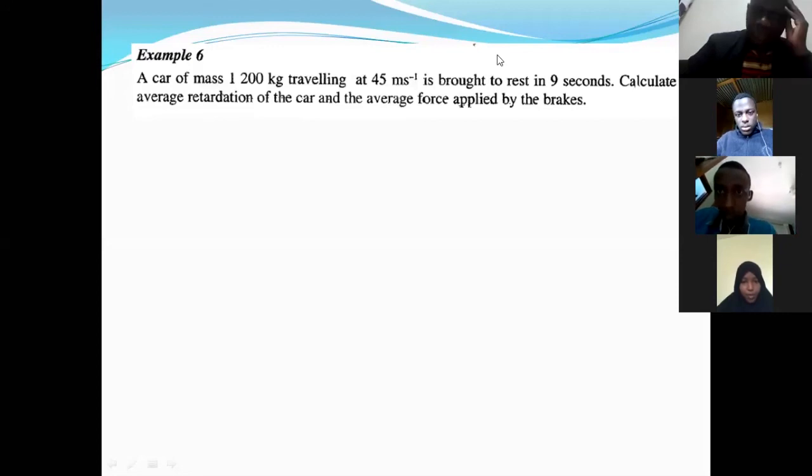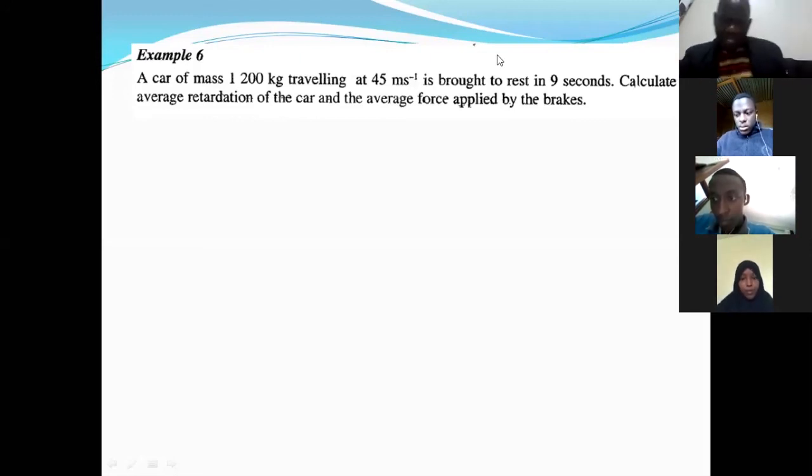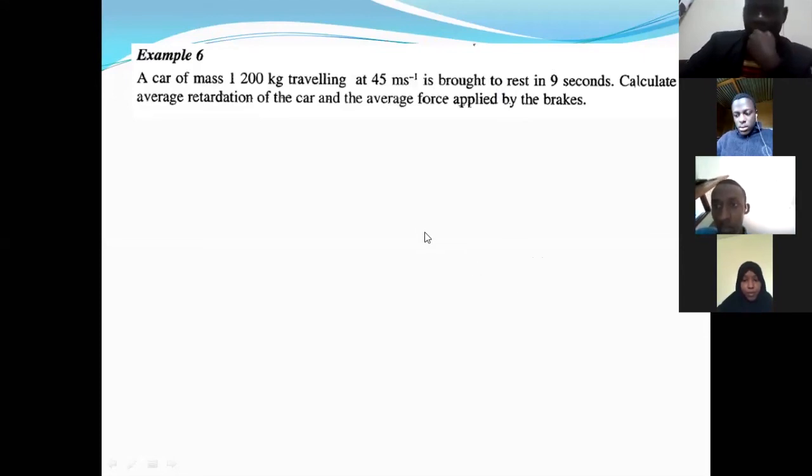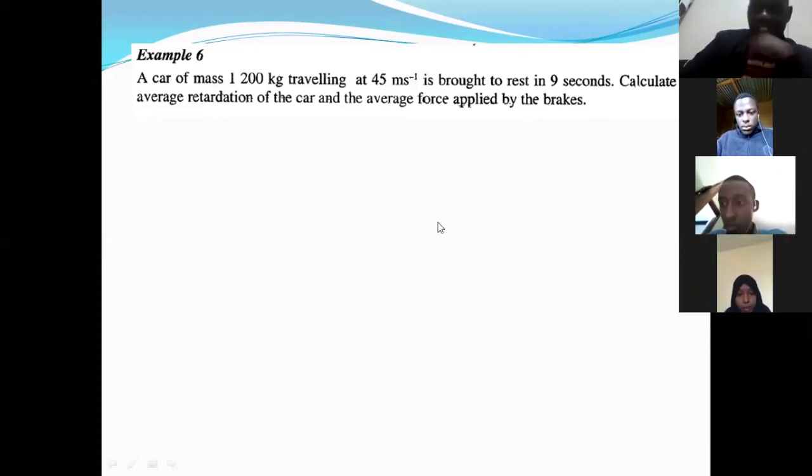Very good. Most of you are really trying. Raja has given the force to be negative. Pyramid has given the acceleration to be negative. So if they say average retardation, retardation is negative acceleration. Pyramid and Raja already have it. And Shaku, can you send your answer? What have you got? Raja, you gave the force, but you have not given the retardation, the negative acceleration.